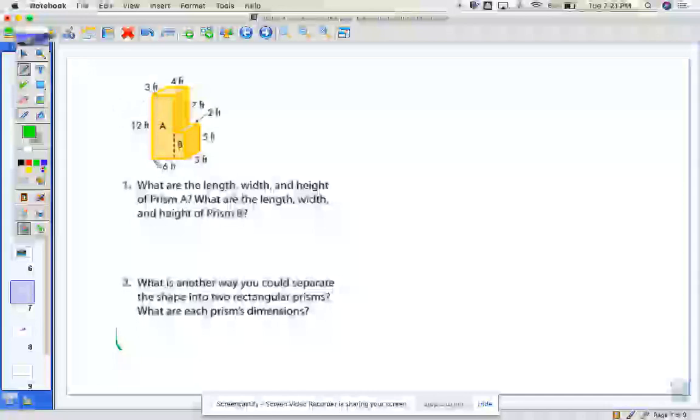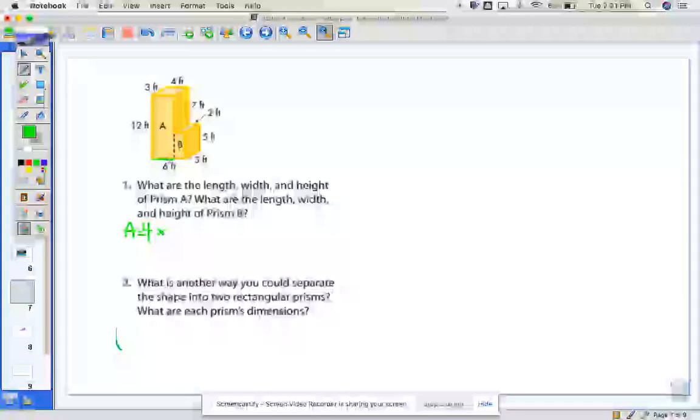The length is the front face length, and this is not labeled. The whole thing is 6, but I'm only looking from here to here. So I go up top. This is the same, not labeled, and this is the same. So here's our length for A. Our length is 4. So in your books, write down A equals 4